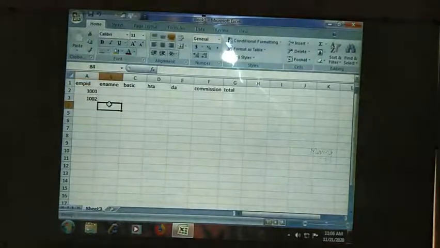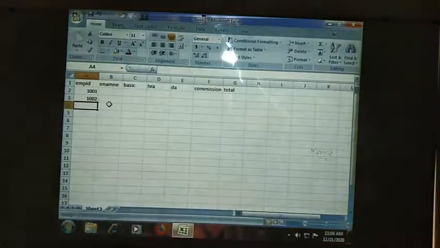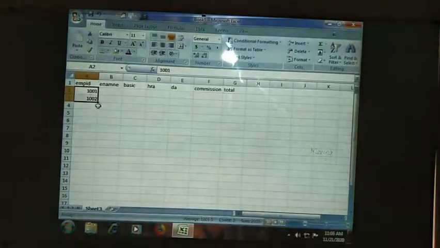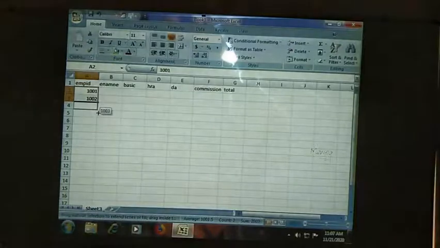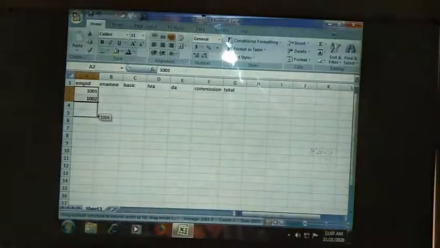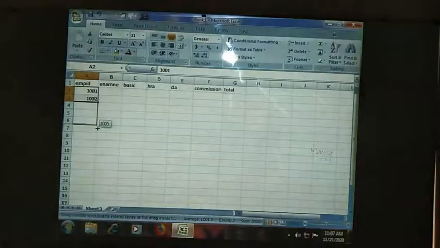For 1003, 1004, there is no need to enter manually. Just select these two cells and drag, then automatically 1003 and 1004 will appear. Like this you can drag until where you want to extend the table.